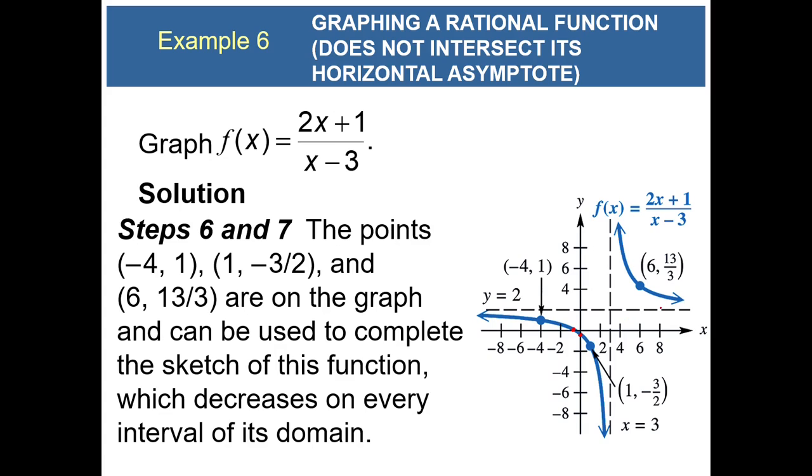And finally we picked the point 6, and that was completely above the x-axis at this point here, (6, 13/3), and it approaches the vertical asymptote as it goes to the left and the horizontal asymptote as it goes to the right. But remember, it does not cross the horizontal asymptote,